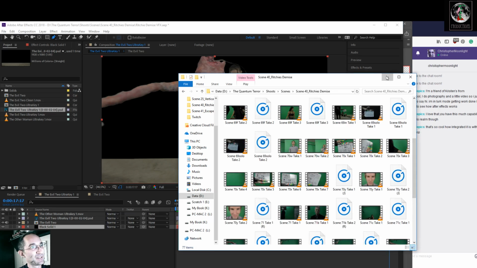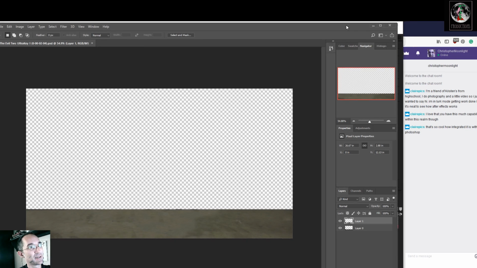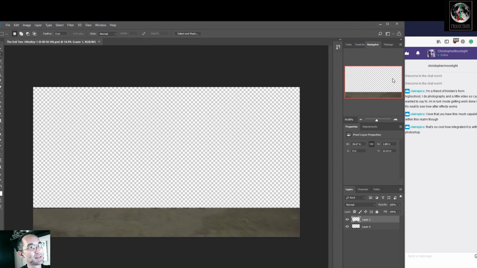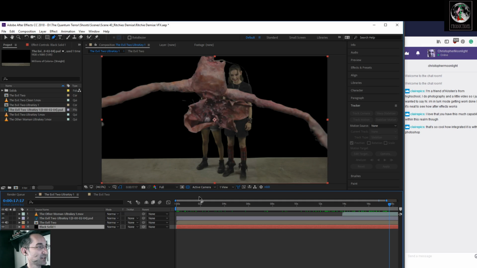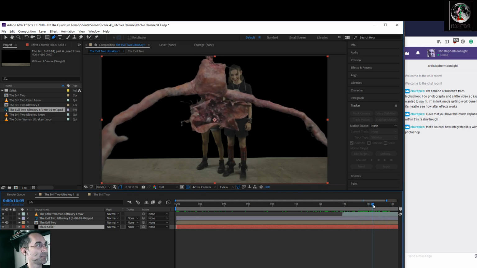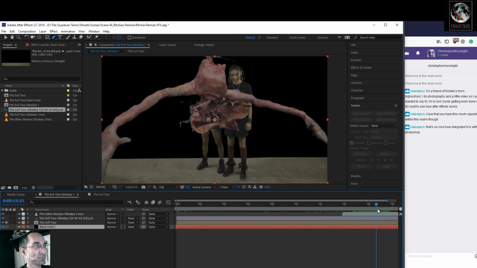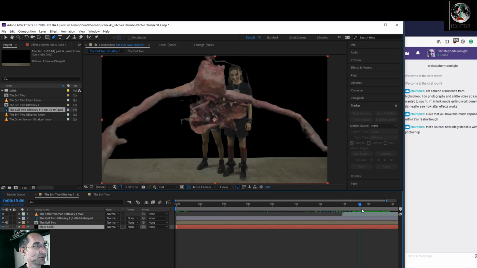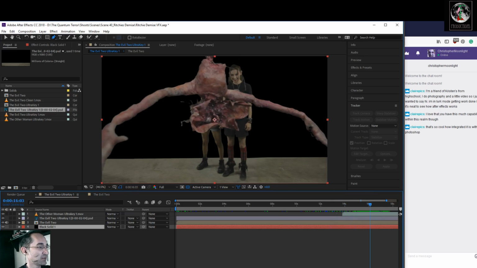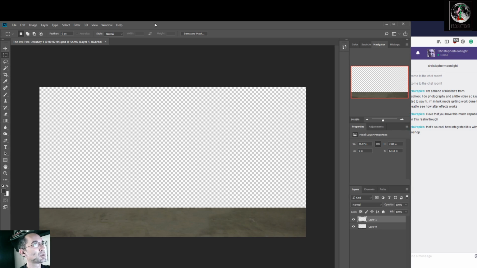Everything in Adobe integrates, and that's a really handy thing, so you don't have to worry about redoing things and re-rendering it and replacing it, finding how to place it back in. Everything you want is right there.